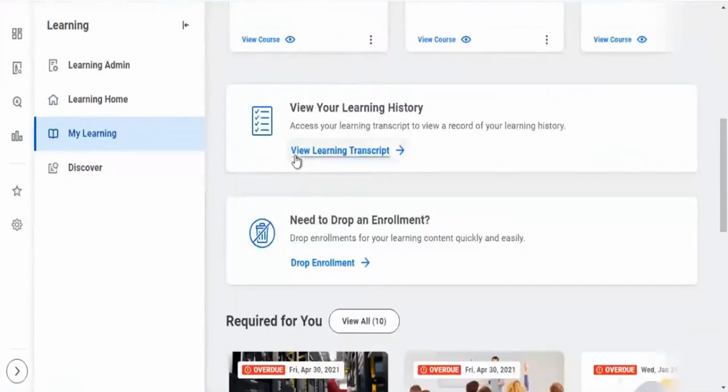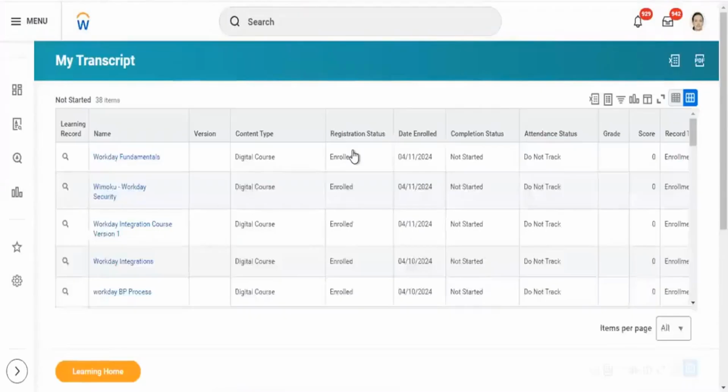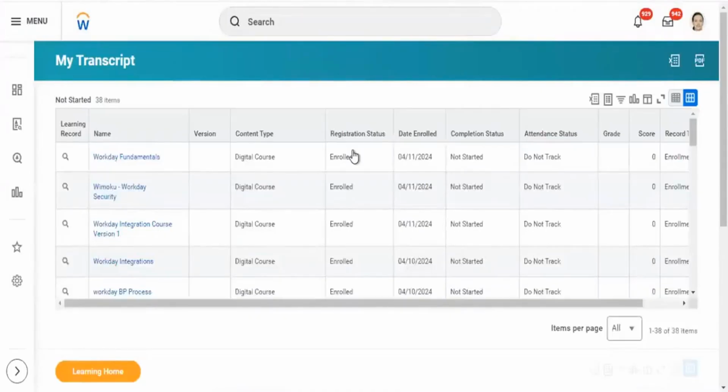Here you can see View Learning Transcript. Click on View Learning Transcript. Whatever you have completed, you can generate a transcript for that.